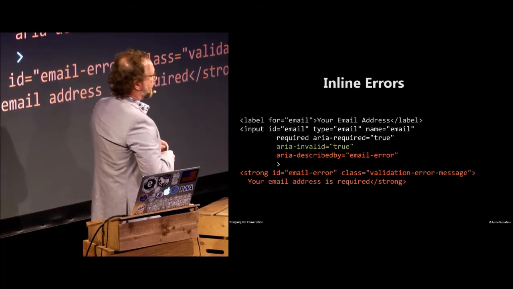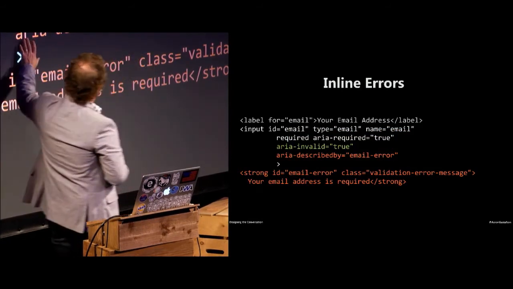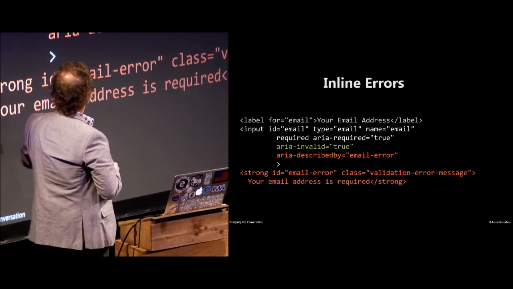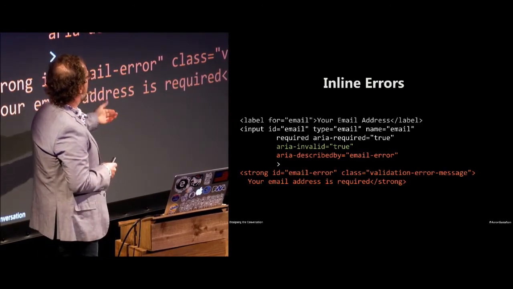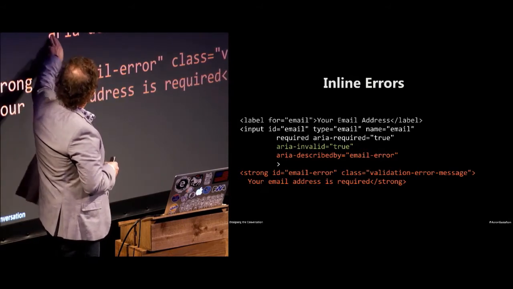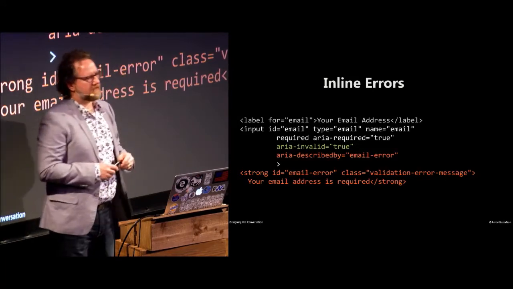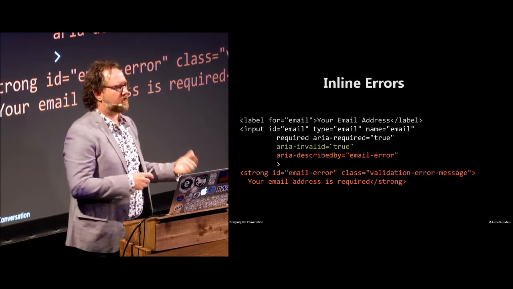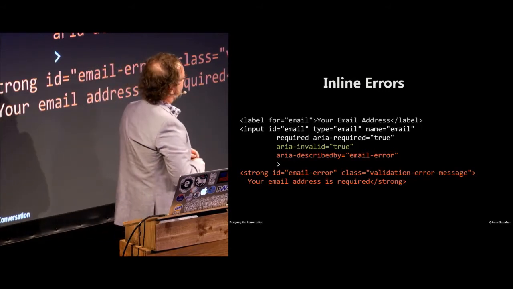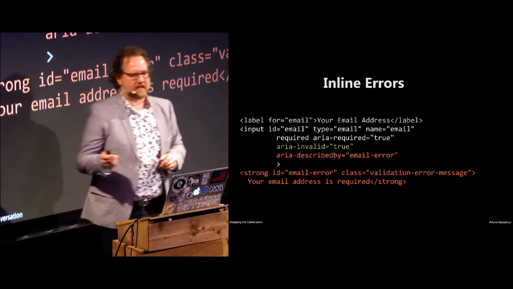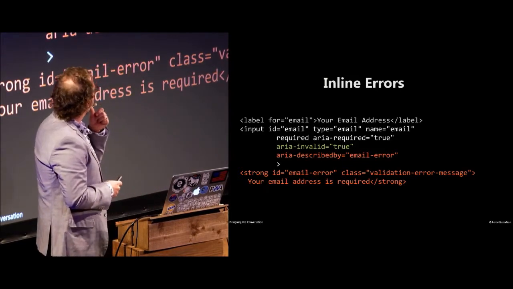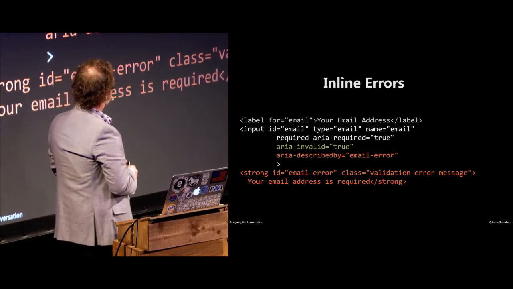When you do find an error, you can add that information into the page. So having a validation error here that is a strong element. In this case, it's "Your email address is required." And then I'm associating that. It has an ID, email-error, and aria-describedby has been added to the field, and that's an ID reference to the validation error message. And that sounds something like this. Your email star edit required invalid entry. Your email address is required blank.